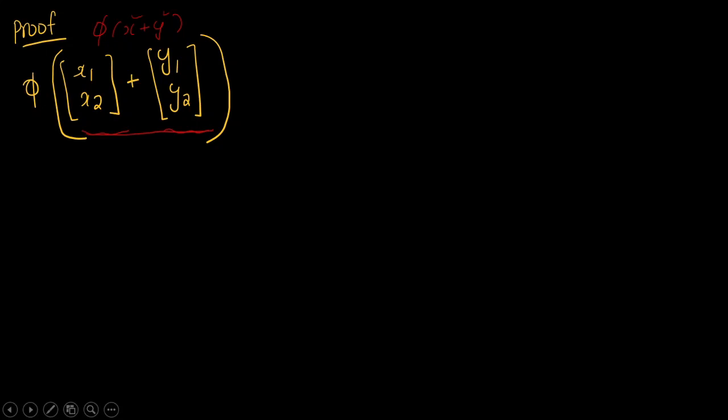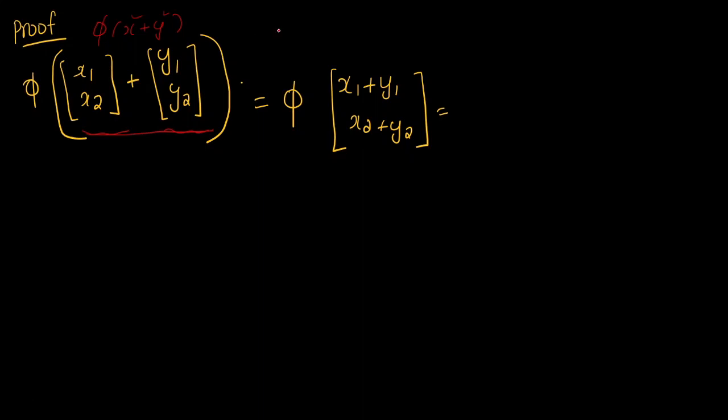So we can simply add those two matrices or vectors. We get x1 plus y1 as the first term, then x2 plus y2 as the second term. Now we have to apply the phi function that is given in the previous slide, that is phi of x is equal to x1 plus i x2. x1 is the first coordinate, and the second part represents x2. So we have to apply this equation to this.